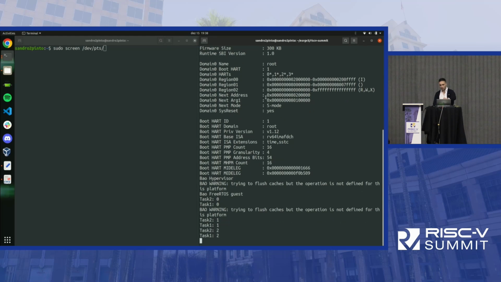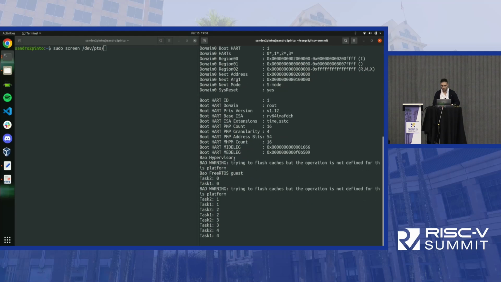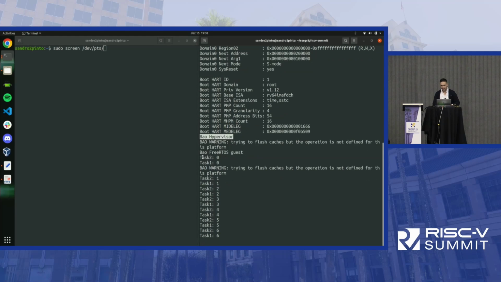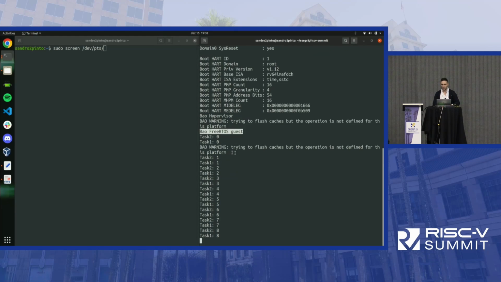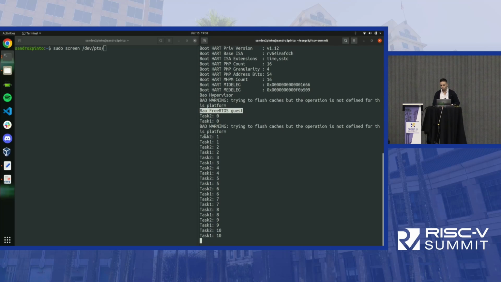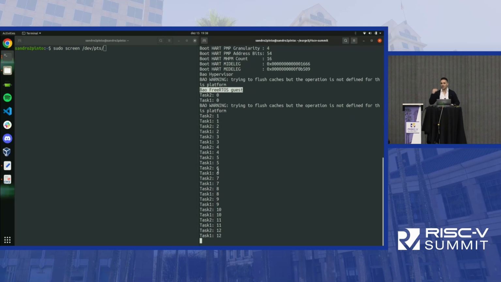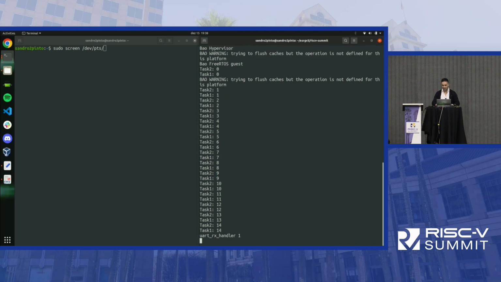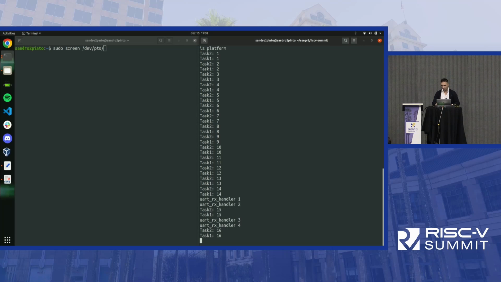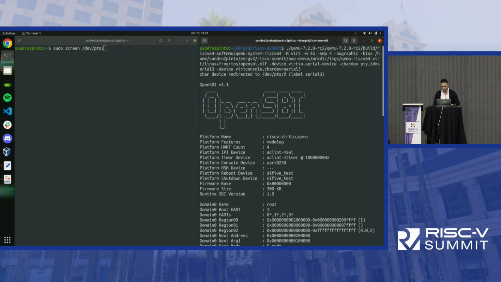So at the moment, OpenSBI has booted, the Bao hypervisor as well, and then Bao starts the FreeRTOS guest, and the FreeRTOS has 2 tasks. Each task is printing every second. And when I press a key, it handles an interrupt. So I just need to pick this PTS2,